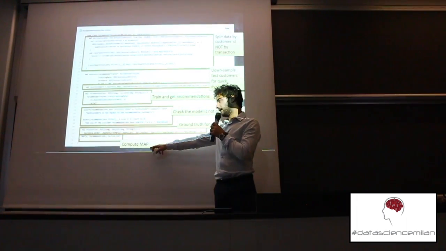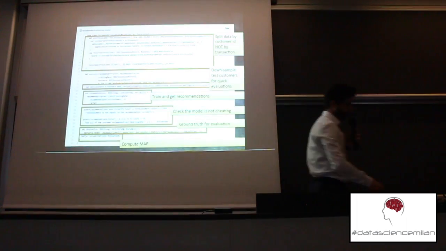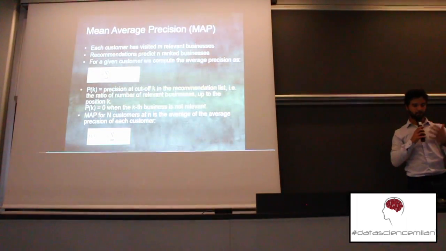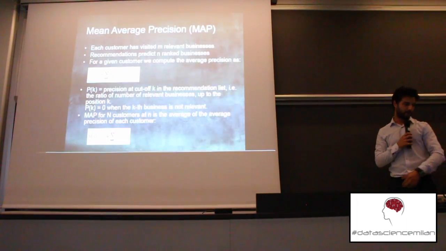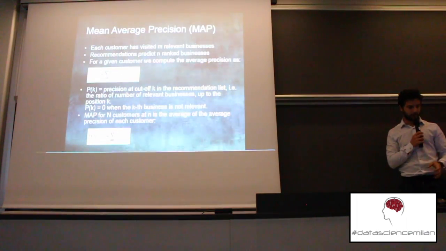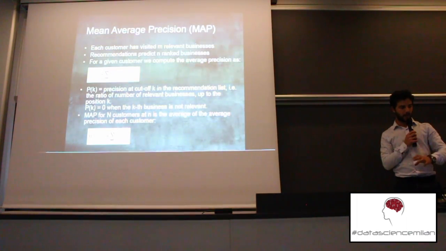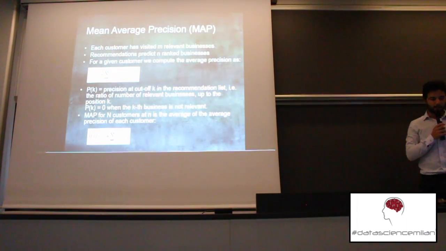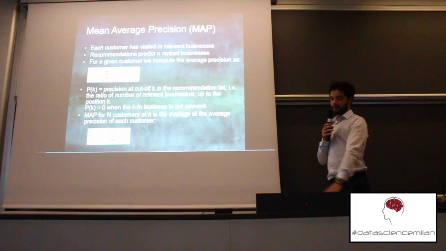And then ultimately we compute the mean average precision. This comes from information theory. It's generally applied to documents, but you can apply it to recommenders. Let's suppose each customer has visited m relevant businesses, which they think are actually interesting. And then you recommend n, okay, give me n. And then from 1 to n, you start